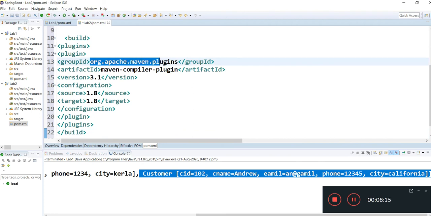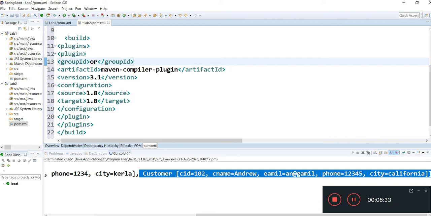Earlier we were using the Maven compiler plugin, but since for this project we are going to use Spring Boot, we need to use the Spring Boot Maven plugin. So we have Maven provided by Spring Framework.